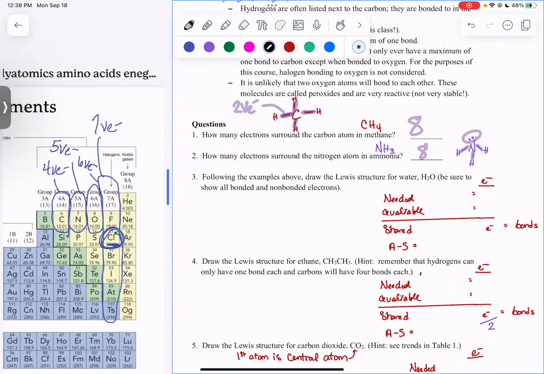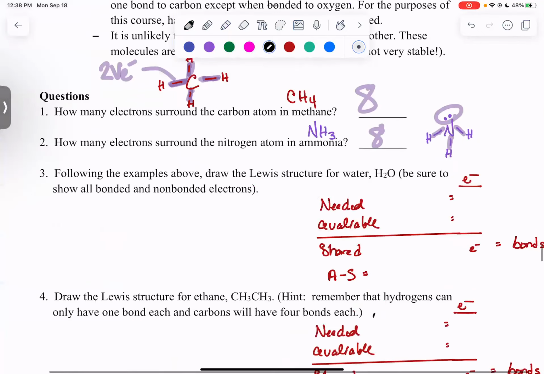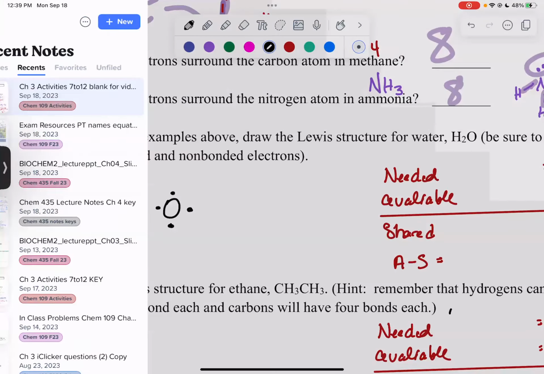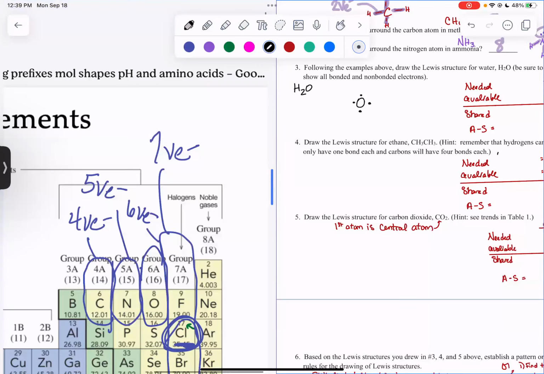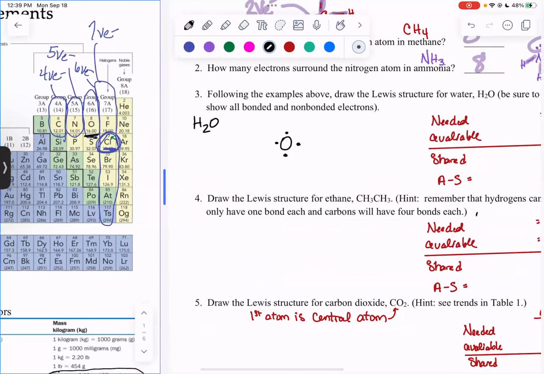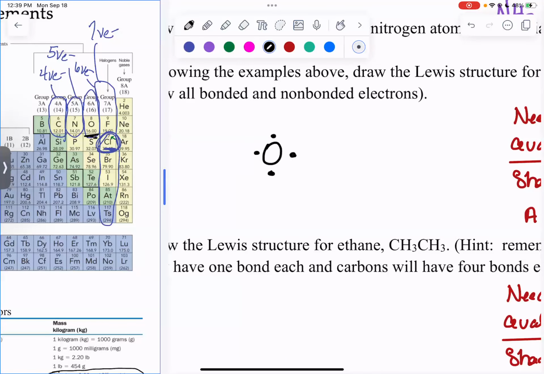So let's try water. All right. Water is H2O. So my oxygen is going to be in the middle. And then let me do my Lewis dot structure. So I'm going to go 1, 2, 3, 4. And then I got to start pairing up. I just got rid of my periodic table, but how do I know which ones to do? I know oxygen is in group 6A, so it has 6 valence electrons. So I'm going to do